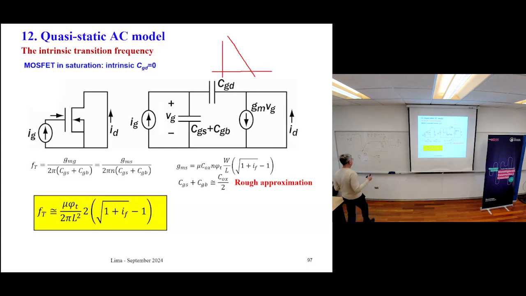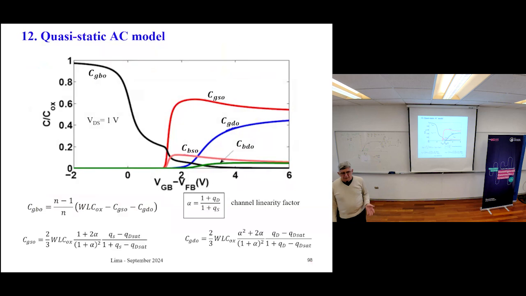What's the meaning of this? If the transistor operating in a frequency below this one, you have a current gain. If the frequency is higher than this one, you have a current attenuation. Okay? So this is a kind of frequency which defines the usefulness of the MOSFET. MOSFET can amplify a current up to a frequency equal to ft. It's like in